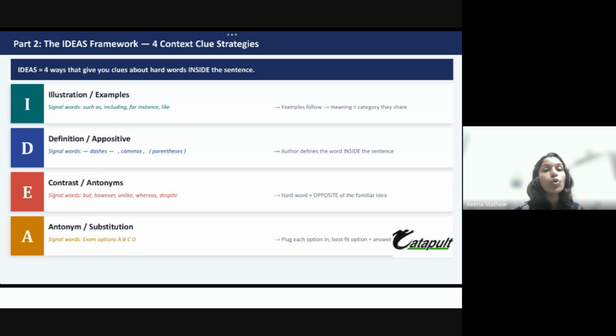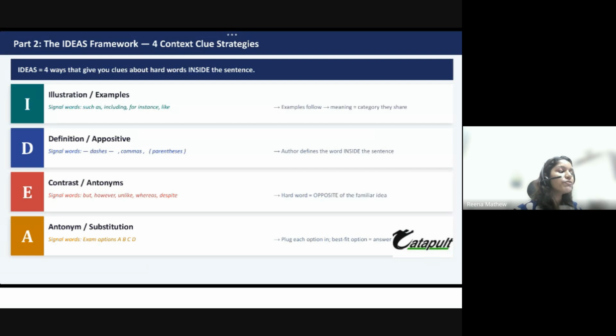So even if you don't know bioluminescence, okay, this is something we learned in yesterday's class, right? We didn't know the meaning of the word bioluminescence, but we look at the words that come after that. Okay, what is a category that it comes inside? It emits light. So from that, you understand the meaning of the word bioluminescence. Okay, this you will understand when we deal with the examples later.